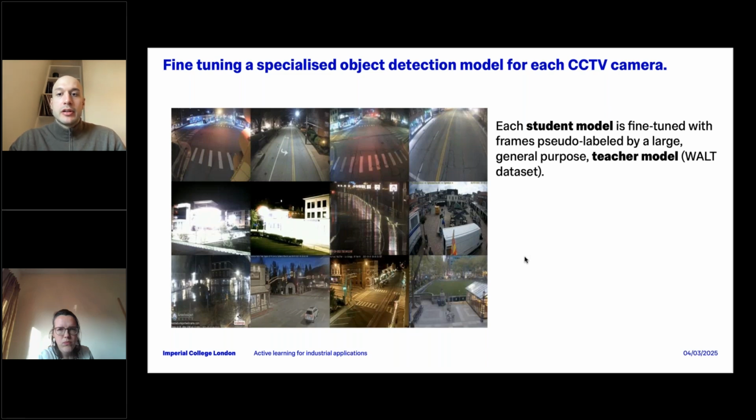And the idea is that we fine-tune the smaller models or student models for each camera using the predictions of a larger model. The motivation here for using model compression comes from the fact that the specific requirements of the system where the models were running made it necessary for the model to be as light as possible. So not having a huge model which takes a lot of memory to run, or any other constraints from a strict computer science perspective.